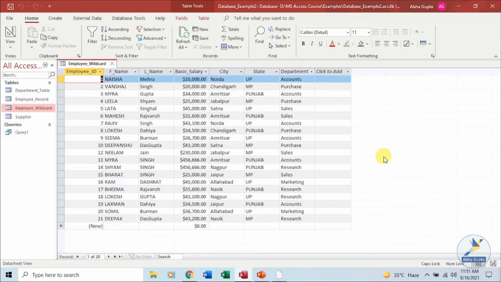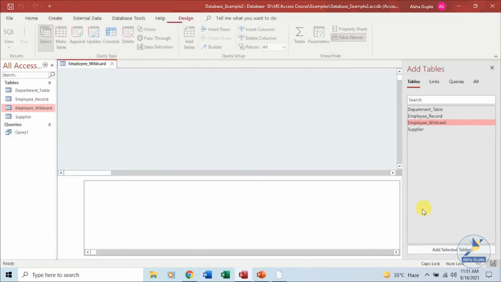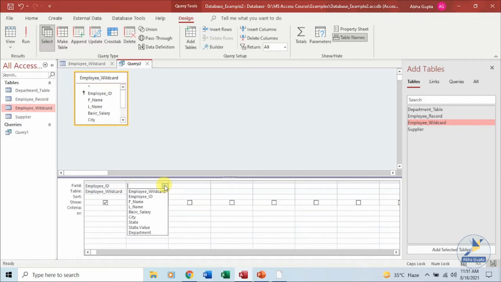The first one and the most commonly used one is your asterisk, which represents one or more characters in a search string. For example, let's create a query over here, and then we'll discuss these things. Let's open the query design, and we are using this table. Let me select employee ID, and here we want the first name, the last name, and the city.